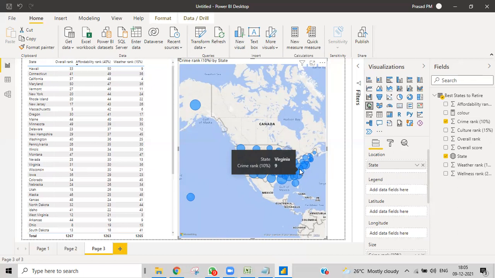Earlier it used to detect only US geographical places, but in recent times maps are able to recognize each and everything, and then we have lots of maps and custom visuals also that will show this data in some other different kinds of ways.